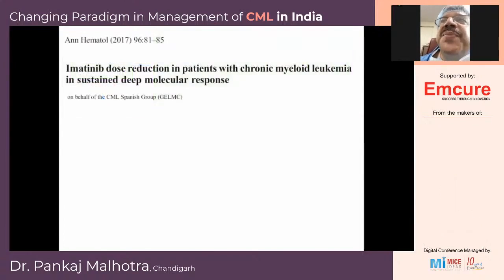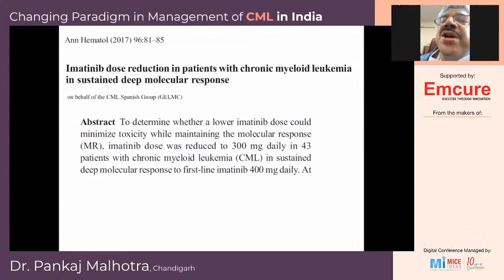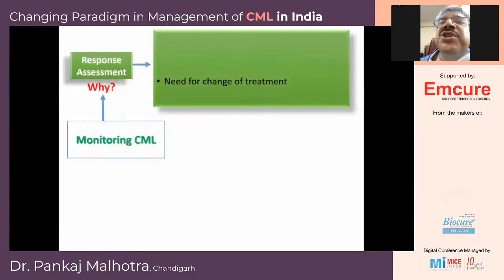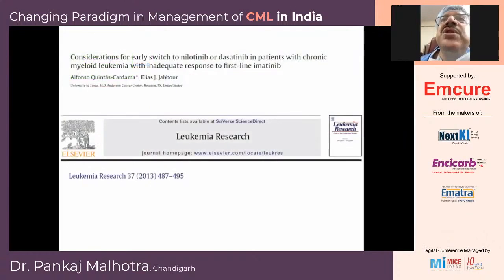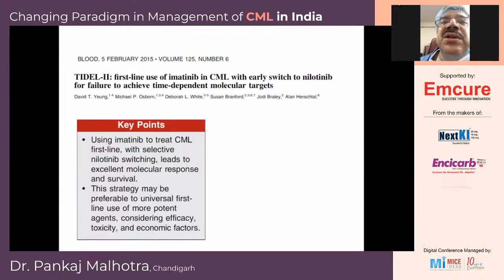So if you know that the patient is in molecular response or sustained molecular response, you can actually decrease the dose from 400 to 300 and sometimes even 200. That means that the patient will have a decrease in side effects and good quality of life. Then if there is a need for change of treatment, somebody who is not achieving the desired response, you can consider changing to nilotinib or dasatinib,